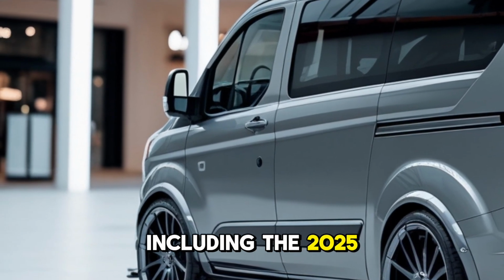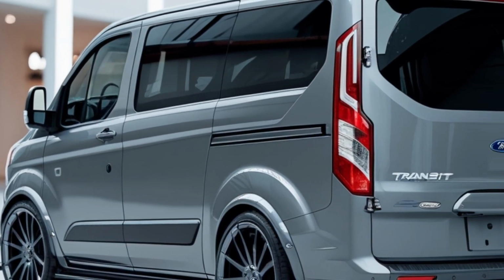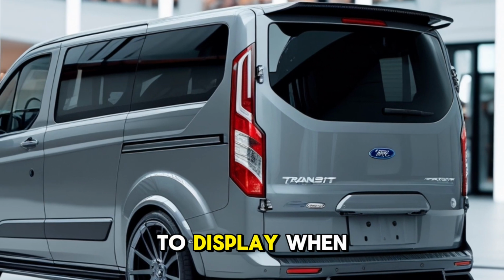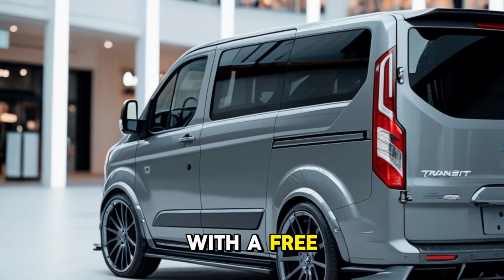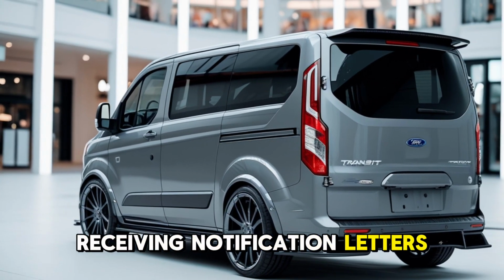However, it's important to note that Ford has issued a recall for over 1 million vehicles, including the 2025 Transit, due to a software glitch affecting the rear-view camera. The issue can cause the camera image to freeze, delay, or fail to display when the vehicle is in reverse, increasing the risk of a crash. Ford plans to fix the problem with a free over-the-air software update, with vehicle owners receiving notification letters starting June